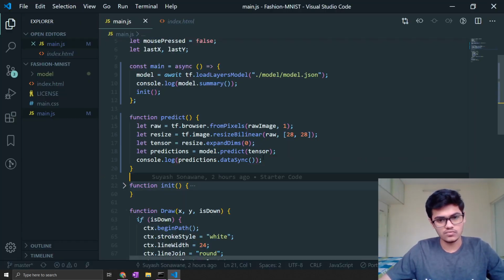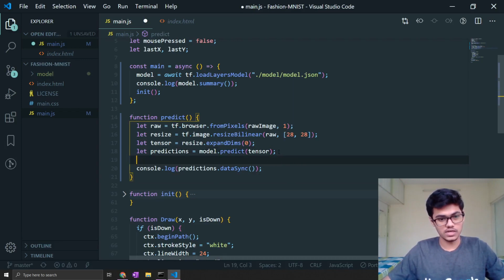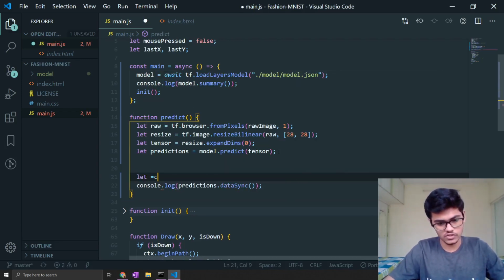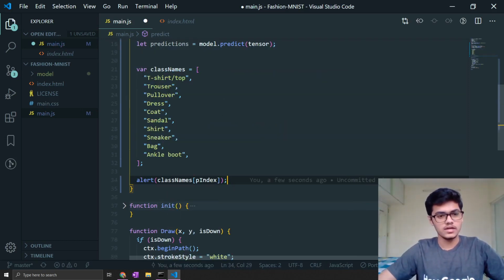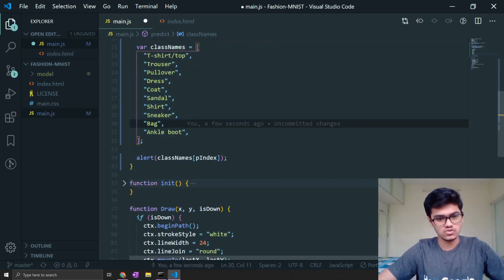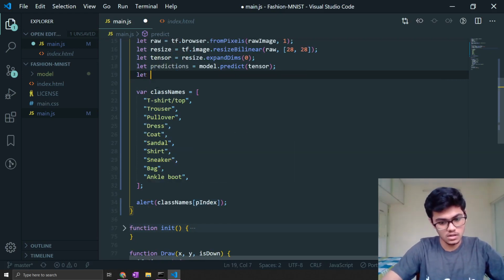So next, we will tell the user what the class is. First I will make an array which consists of all the class names. I will just come back. So I am back. I created this array which consists of all the labels, and the alert says this p index currently doesn't exist. So first we will create this p index, that's the prediction index.